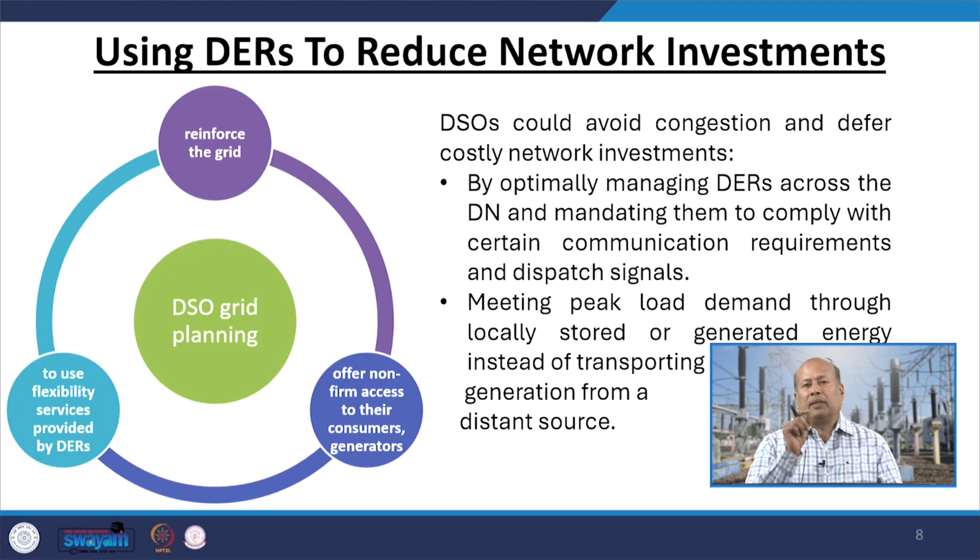As I told you, let's say I have a 100 kVA distribution line, and I am very sure that this line cannot carry more than 100 kVA, but a power plant is coming up at the lower point where more than 100 kVA needs to be transmitted. The only way out is either I reduce my generation at the low end of the renewable part, or I increase the capacity of the distribution line so that all the renewable energy available to me can be evacuated by reinforcing my distribution system. That is also a planning study.